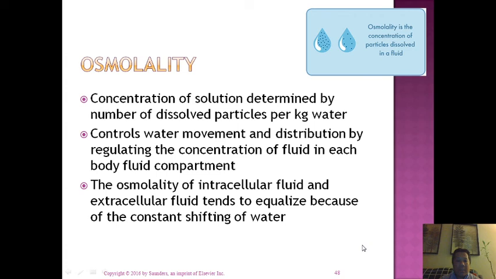Osmolarity is a concentration of solution determined by the number of dissolved particles per kilogram of water. And when you say osmolarity, it just refers to how concentrated or how diluted the solution is. So if the solution has more solid particles compared to